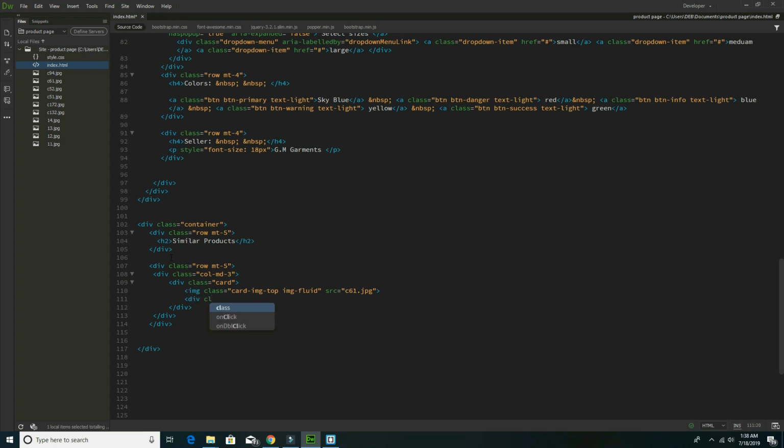After that, take div and this class will be card title. So take an h4 tag and give the product name like gym tops, whatever, some random name you can give. Okay, let's make the T capital, it should look good. So after this card title,